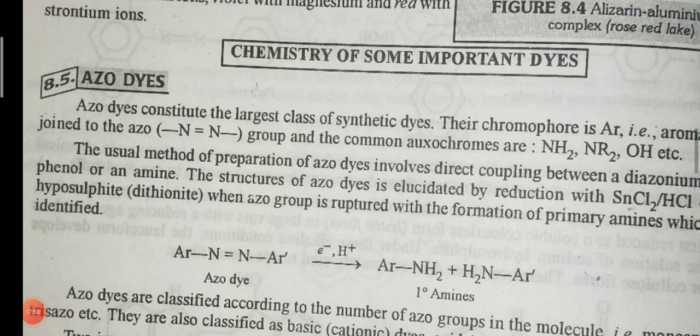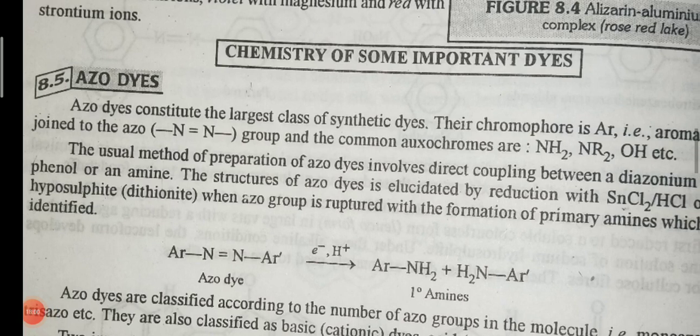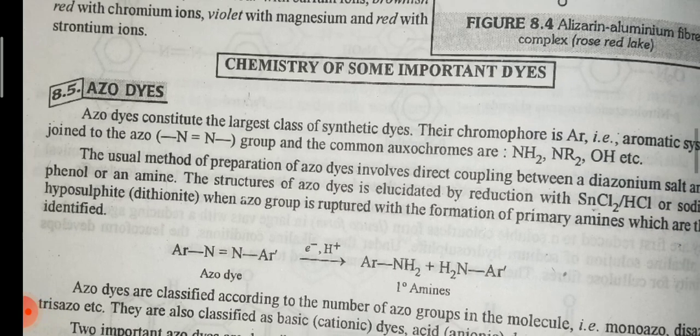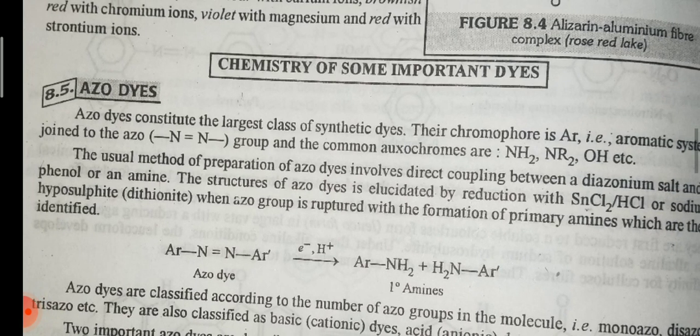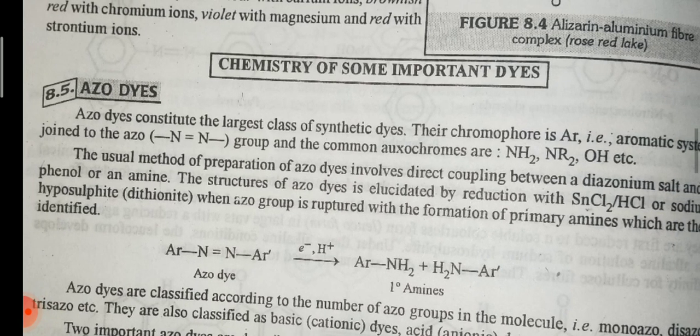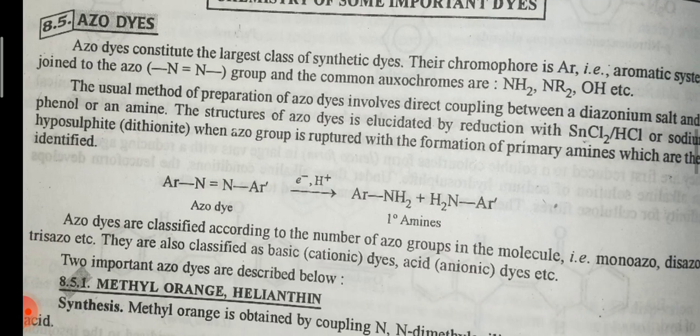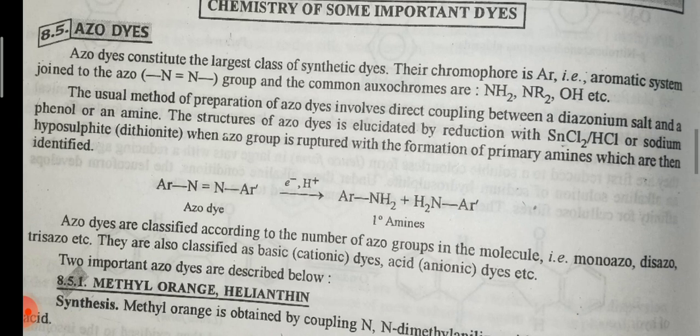Azo dyes constitute the largest class of synthetic dyes. Their chromophore is the azo group, Ar-N=N-Ar, that is, an aromatic system joined to an aryl group, and the common auxochromes are NH2, NR2, OH, etc. The usual method of preparation of azo dyes involves direct coupling between a diazonium salt and a phenol or an